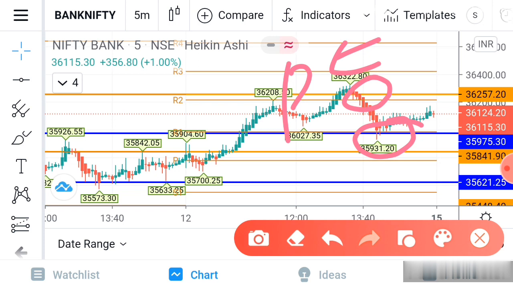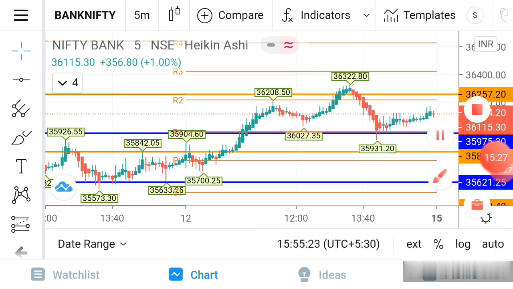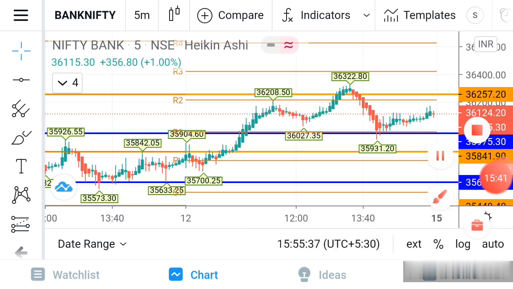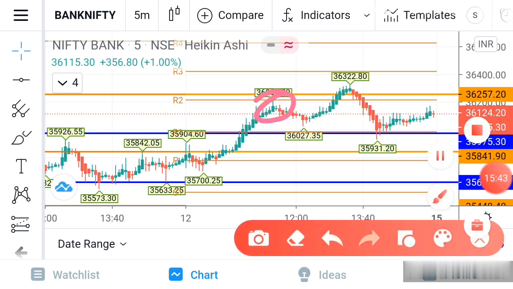Without even understanding the market, by seeing a green candle or red candle, some people take an entry. Most of the people make a mistake in this area. By seeing a red candle they will take an entry, but the candle body has to touch the resistance area, then only we can say the resistance is taken. Here you can see in this case the body has not touched the resistance, that is the reason it went up again.